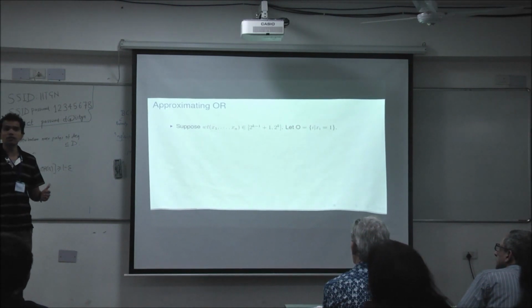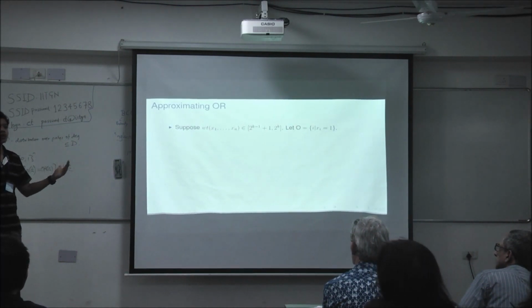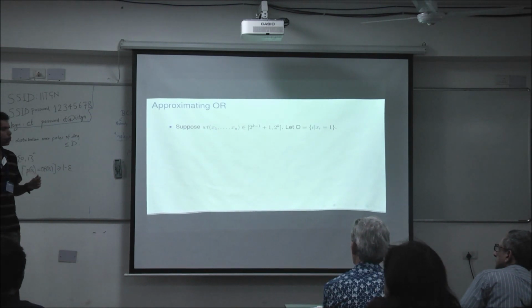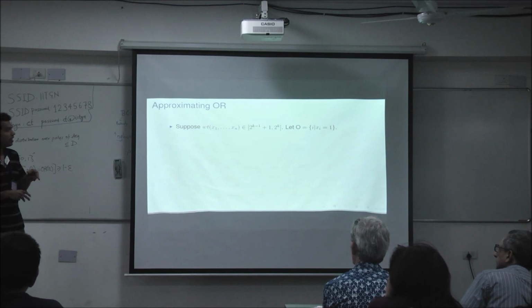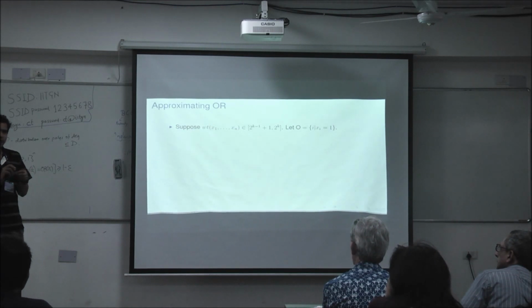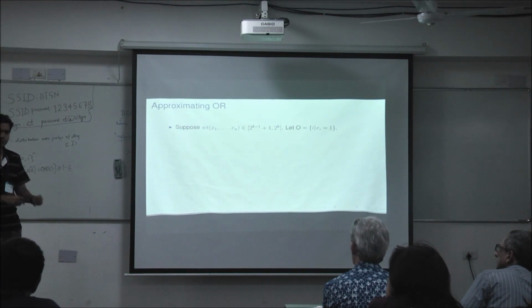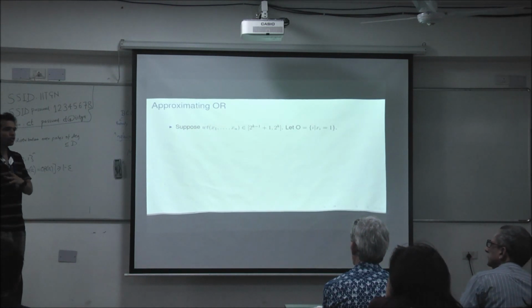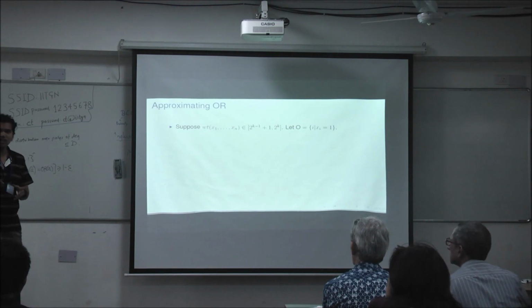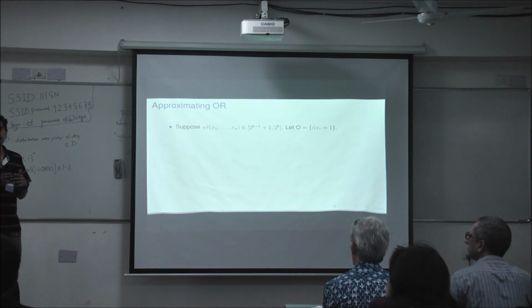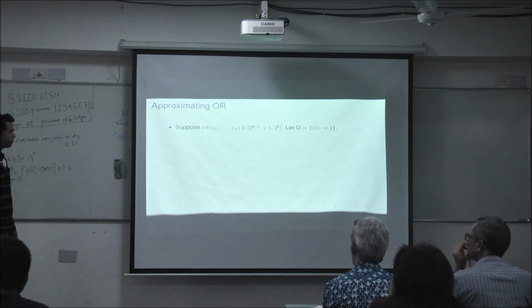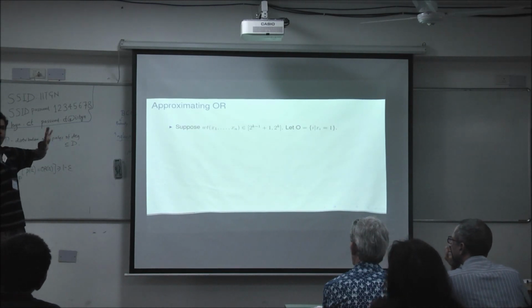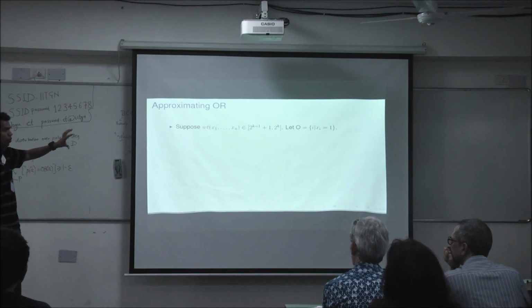During the tutorial we saw such a construction when we were working over the field F2. The nice thing with the field F2 is that there are only two possible outputs, 0 and 1. Over the reals you have to be a little more careful because values other than 0 and 1 start to enter and you have to ensure that you don't output those things with high probability. If you go back and do the construction of the tutorial over the reals, you'll see that all sorts of problems start happening because the polynomial is not outputting a 0, 1 value but a larger value. A slightly modified version of that construction does work over the reals, and that's what I'm going to describe here.